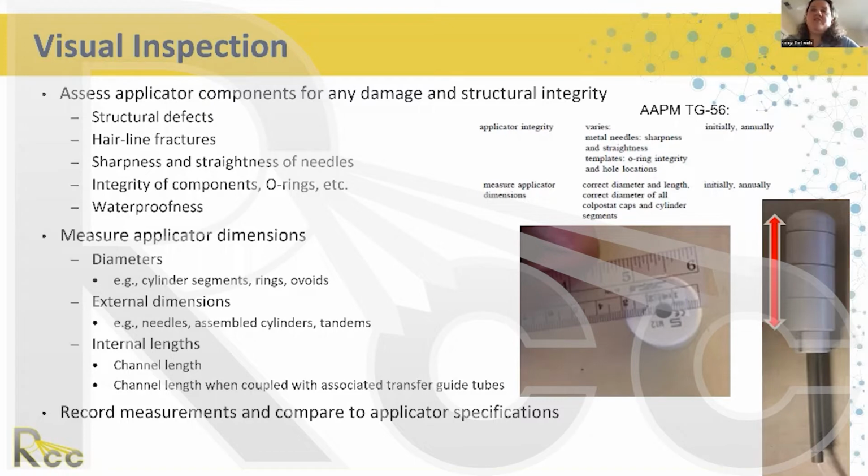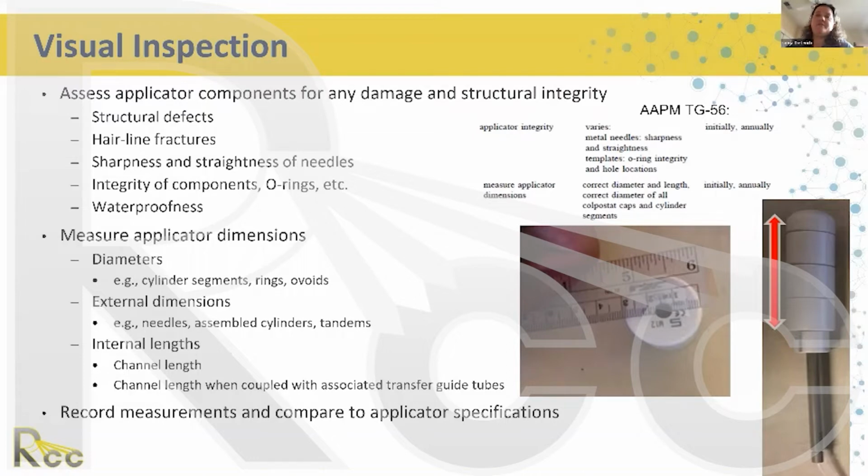Structural defects: see if you can see any hairline fractures in the smaller applicators, and check the sharpness and straightness of needles. Needles often come sterilized these days, so it's a visual inspection. Look at the integrity of the components. Are the O-rings torn, and are the applicators still waterproof? Measure the dimensions. When it says it's a 3 centimeter cylinder, make sure it's indeed a 3 centimeter cylinder, and